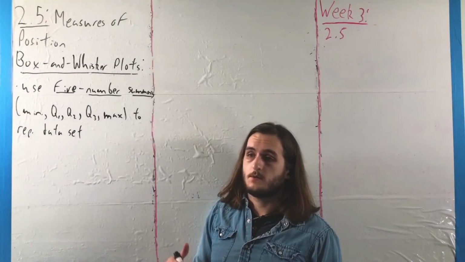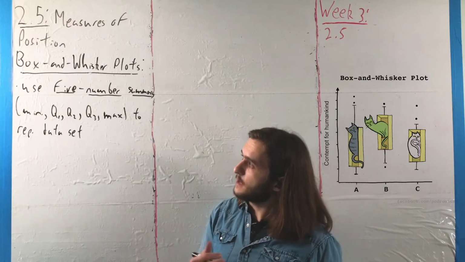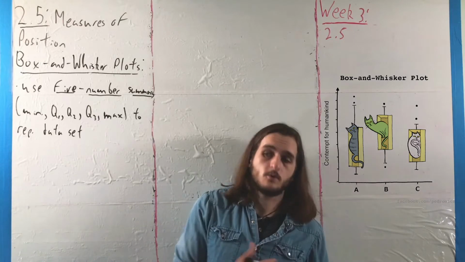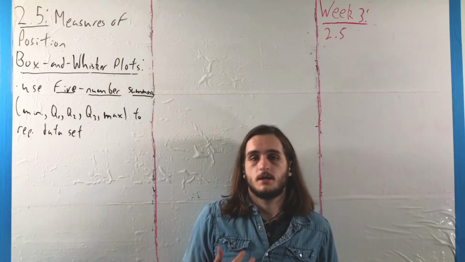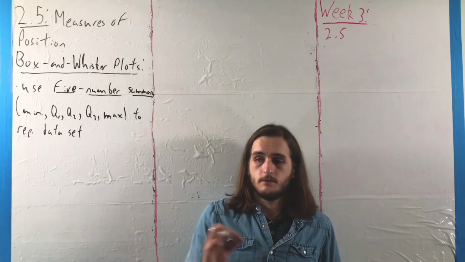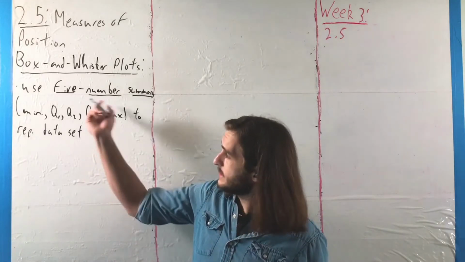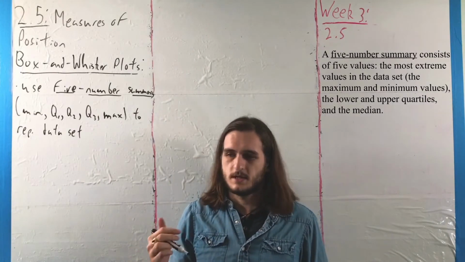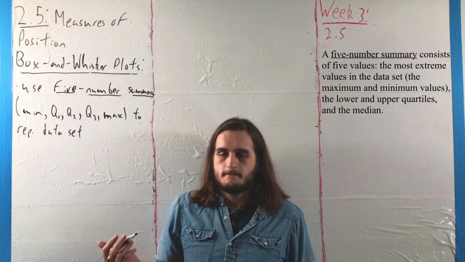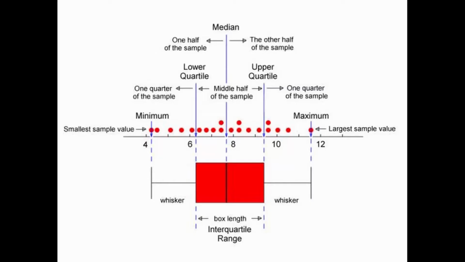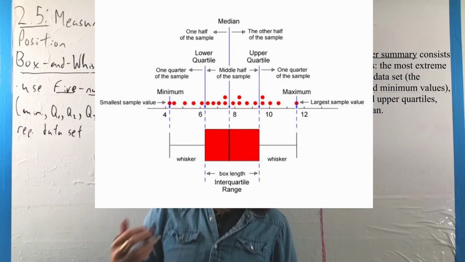So now we're going to look at what are called Box-and-Whisker or box plots. And what a box plot does is it takes the information in terms of quartiles that we saw earlier and uses that to give a nice representation for the behavior of the entire data set, where it uses something called a 5-number summary. And the 5-number summary is just a quick way to talk about generally the shape of the data set. It takes the minimum, Q1, Q2, Q3, and the maximum as sort of a picture for what happens